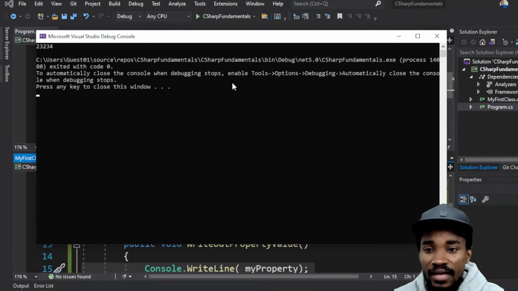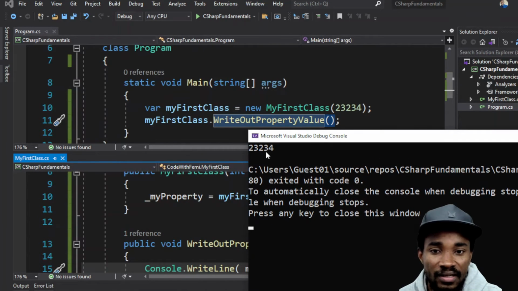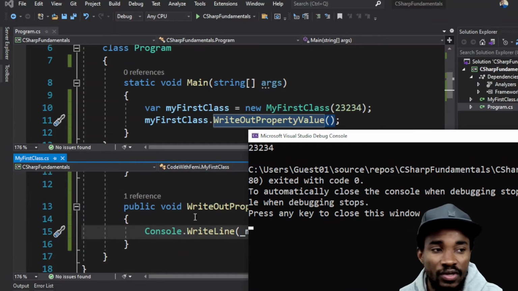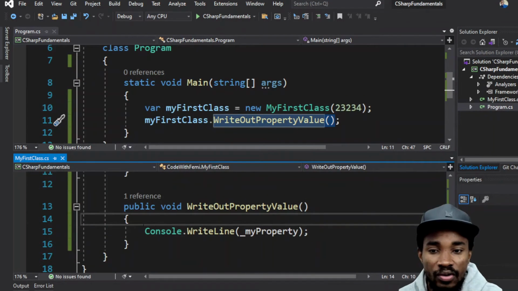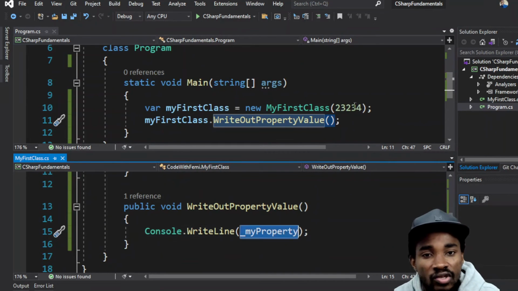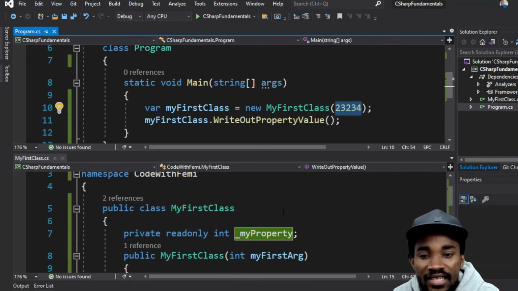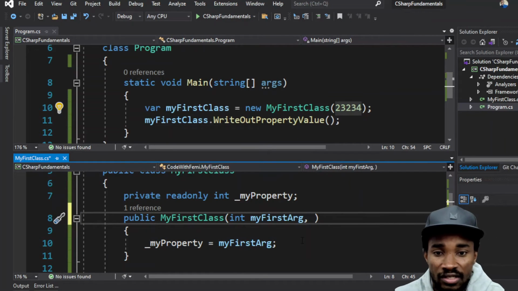You can see there that the actual value is being logged, which is what we've passed in, and that is what is being initialized by the actual that is being written out onto the console. So whatever value you pass in here, that's how you pass in. Now you can have as many args as you want, but it's good to just keep it as basic